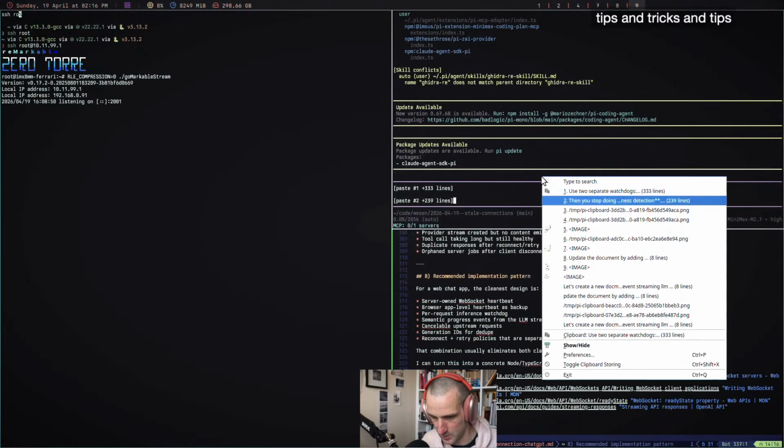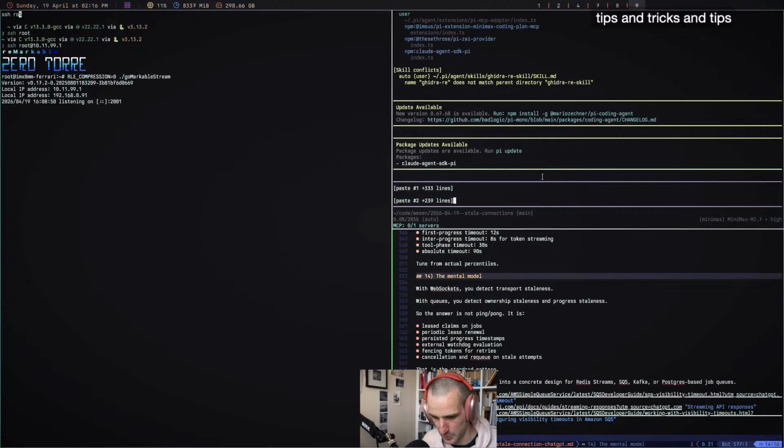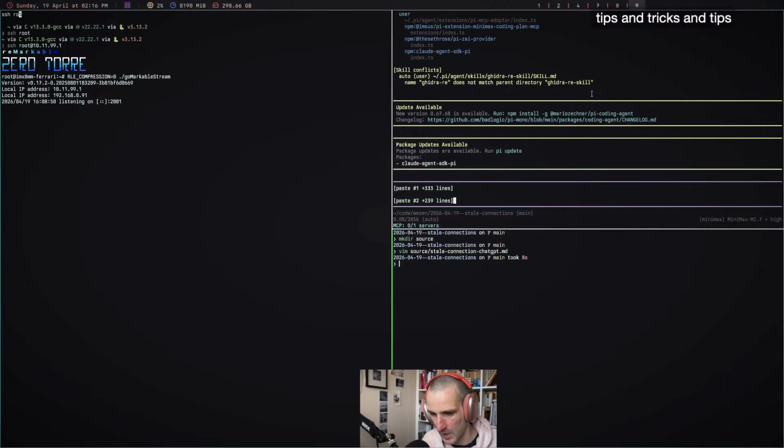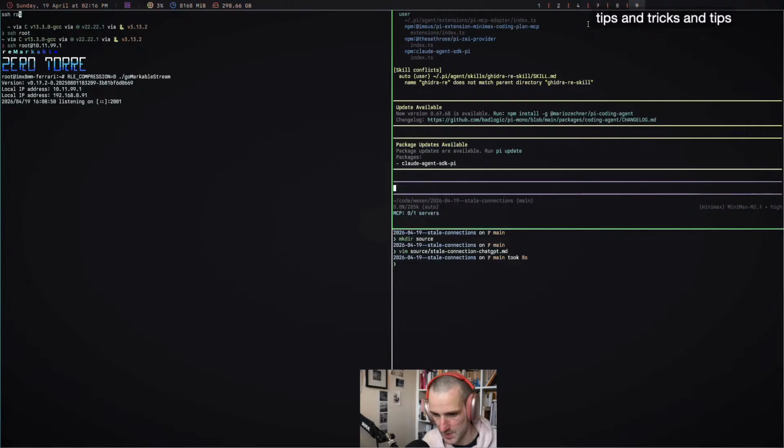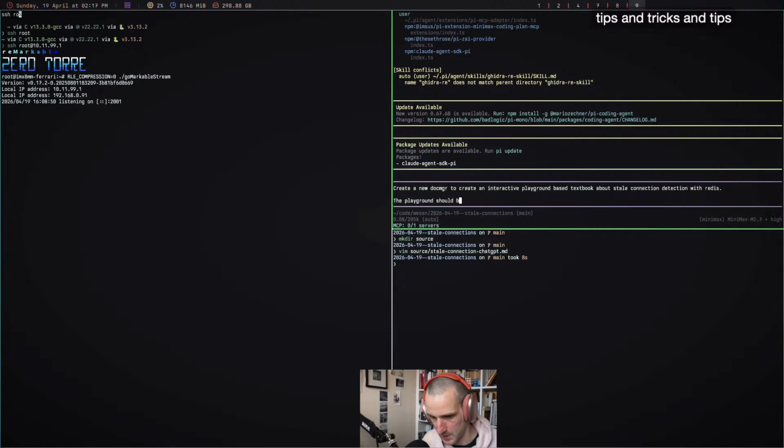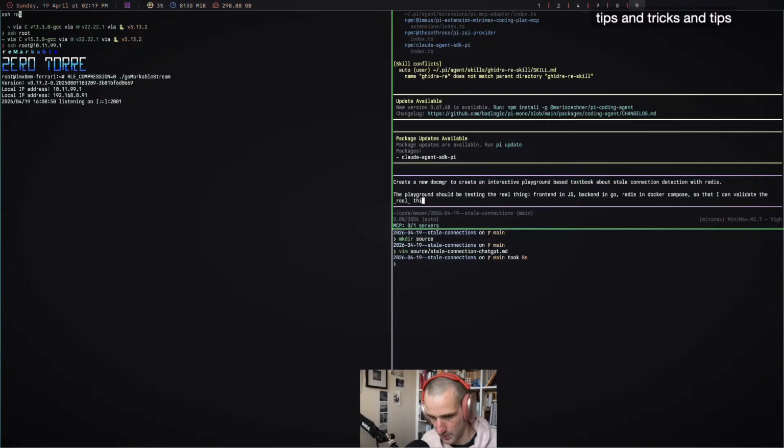And then the second question was this. I'm not going to put my prompts in here. I'm going to say: create a new docmgr to create an interactive playground-based textbook about stale connection detection with Redis. The playground should be testing the real thing. Front end in JS, back end in Go, Redis in Docker Compose, so that I can validate the real thing.